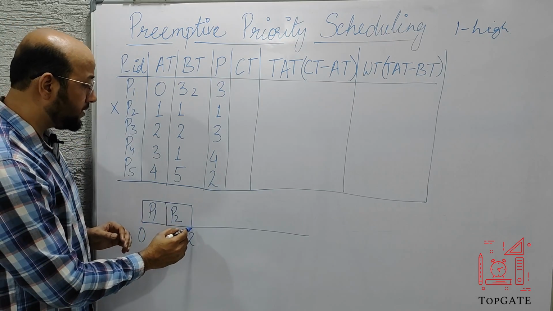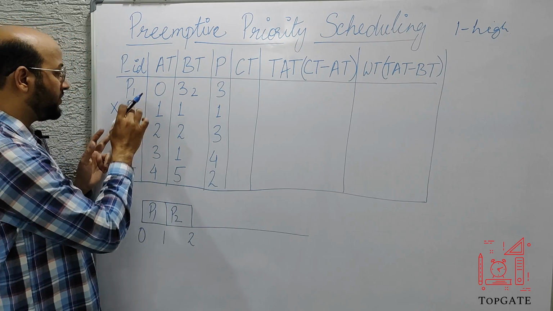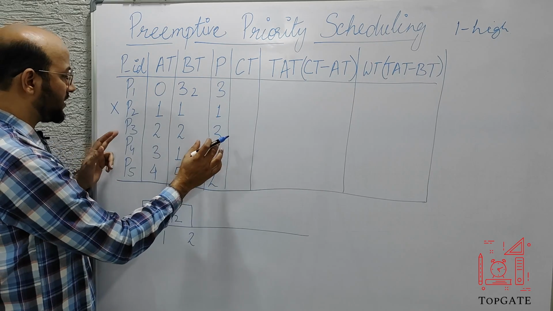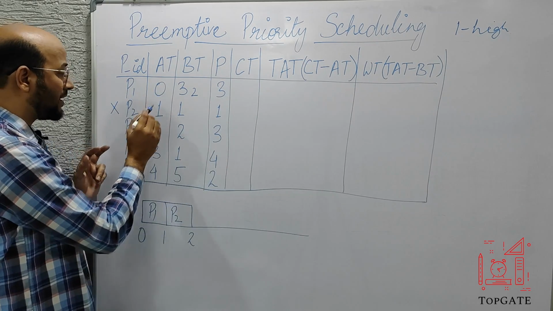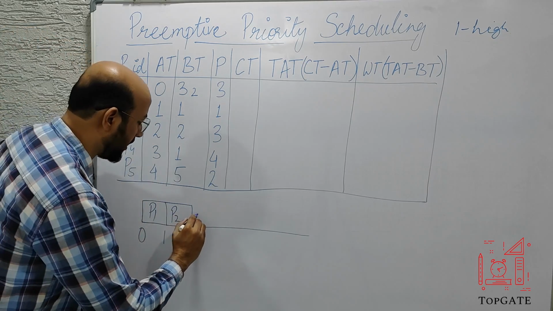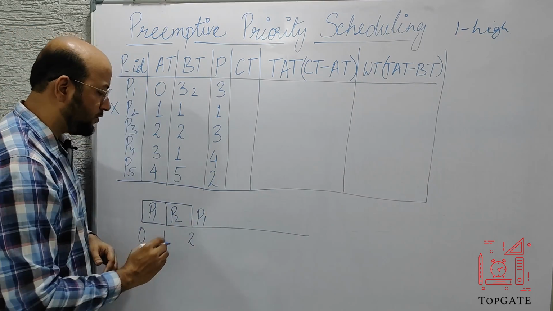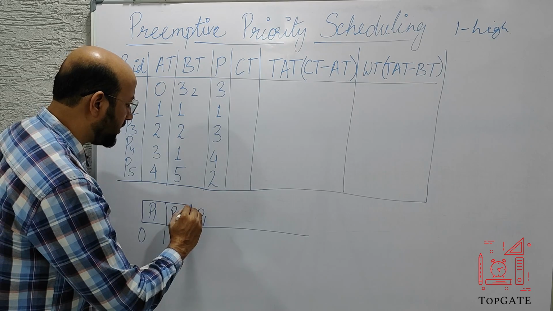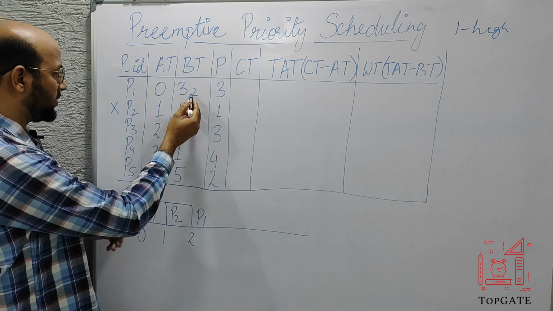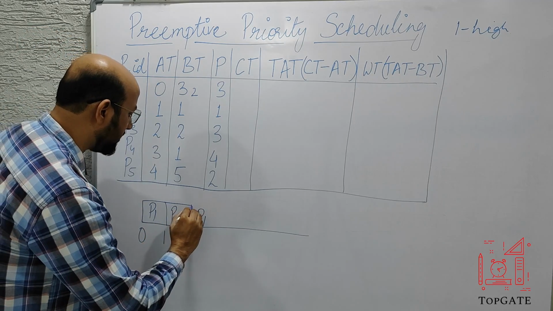So at this point, instead of running P3, we will run P1. Why? Because it has the same priority as P3, but it came earlier than P3. Therefore, P1 has to be scheduled now. So again, I'll schedule P1, and since its requirement is 2, it will start at 2,